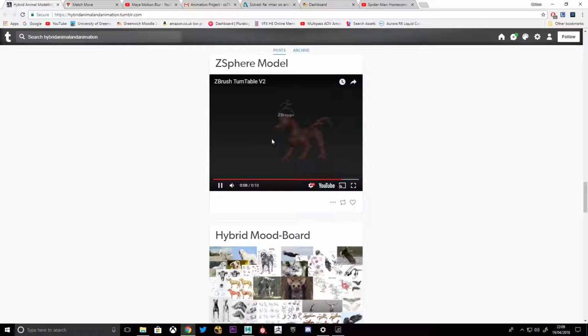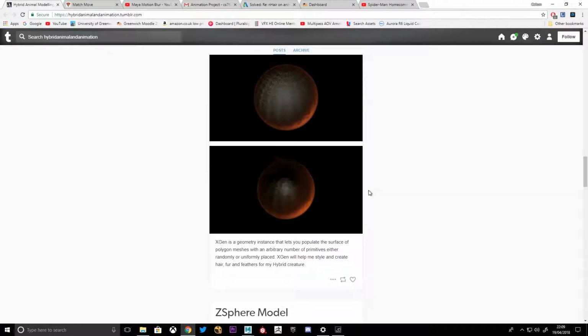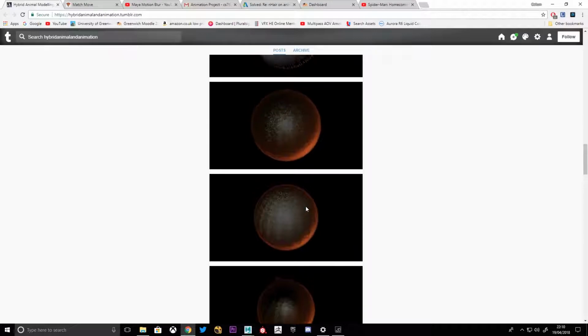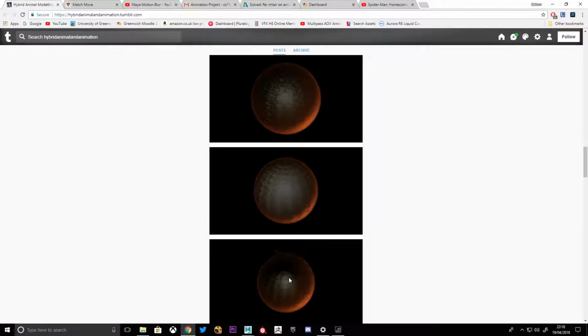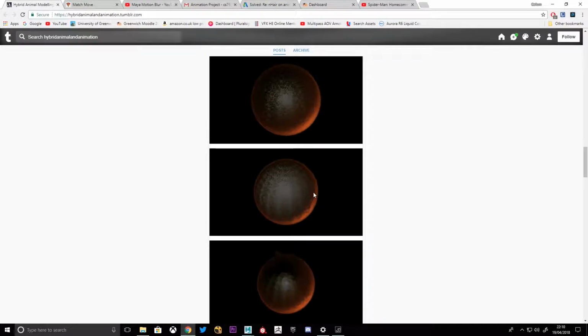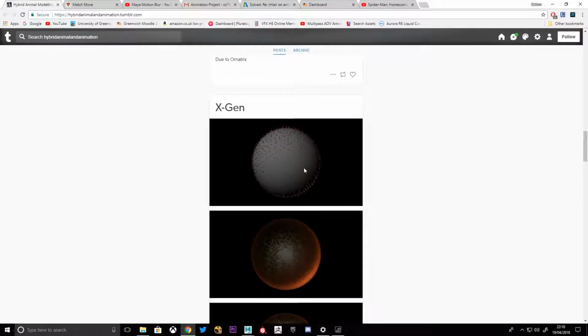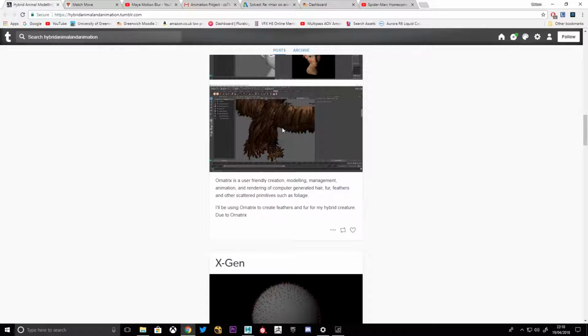Now I play with XGen in Maya. I've got a sphere, and I just applied XGen and played around with the physics, as you see, from a heavy amount of hair to not so much in between. There are even little tiny curves to play with. I also created the feathers as well with